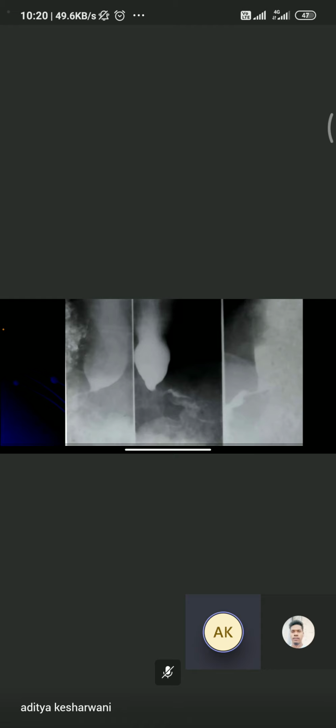Again, this is the esophageal barium swallow, in which we can see a hugely dilated esophagus, the white contrast agent, which is tapering off at the lower end. In the first and second picture, you can appreciate that. So this type of picture is typically known as a bird's beak appearance. Most of the time, in our time, that MCQ also used to come. That we used to get in the disease of Achalasia cardia.